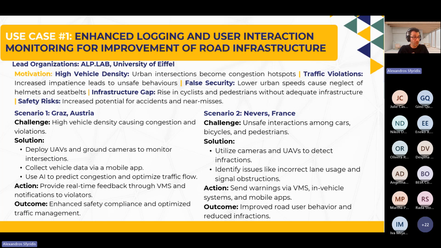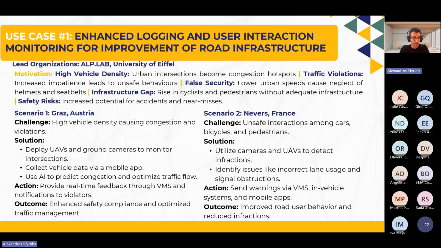So we have also the second scenario in Nevers in France. Here, actually, there's more focus on the interaction among road users, and particularly focusing on active travel road users, so mainly cyclists or pedestrians. And the aim is mainly focused to capture potential infractions and risky behaviors, such as